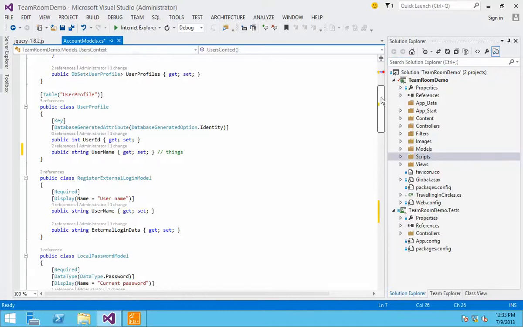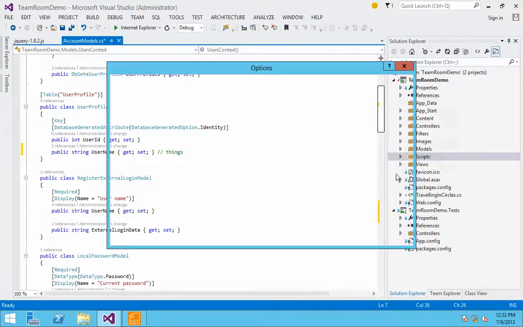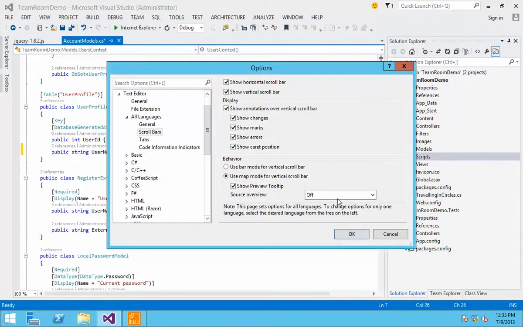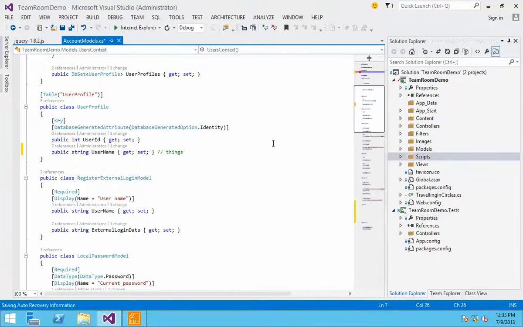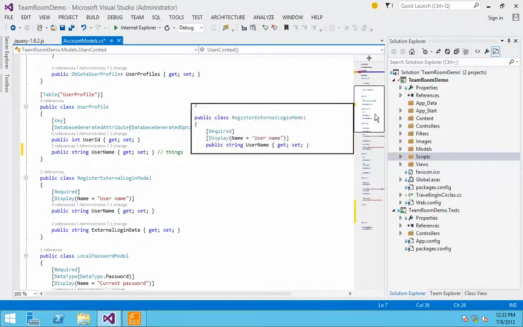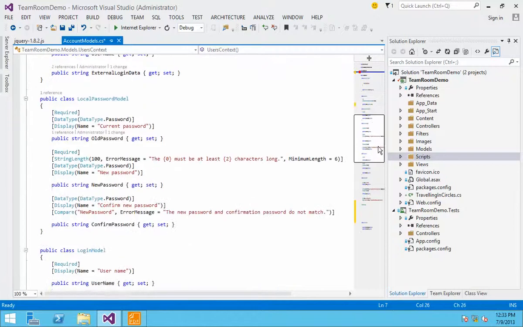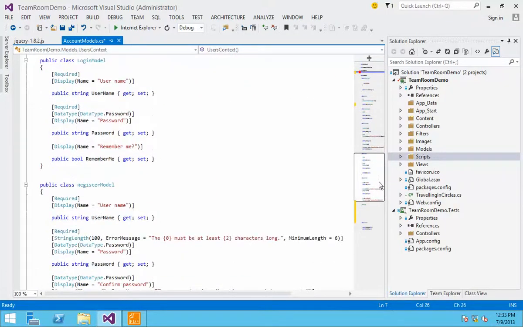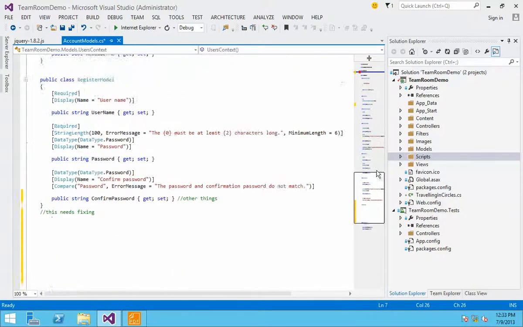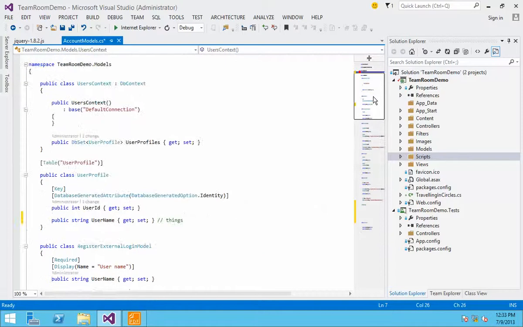Okay, so then the other option in the scroll bar, if I go back into the scroll bar options, is this preview tooltip and source overview. I'm going to go ahead and set it to medium and click OK. And notice then our scroll bar gets even fatter. If you go to wide, it gets even bigger than this, and it shows you the section of the code as I scroll down. It just highlights the piece of the code that we're sitting in,